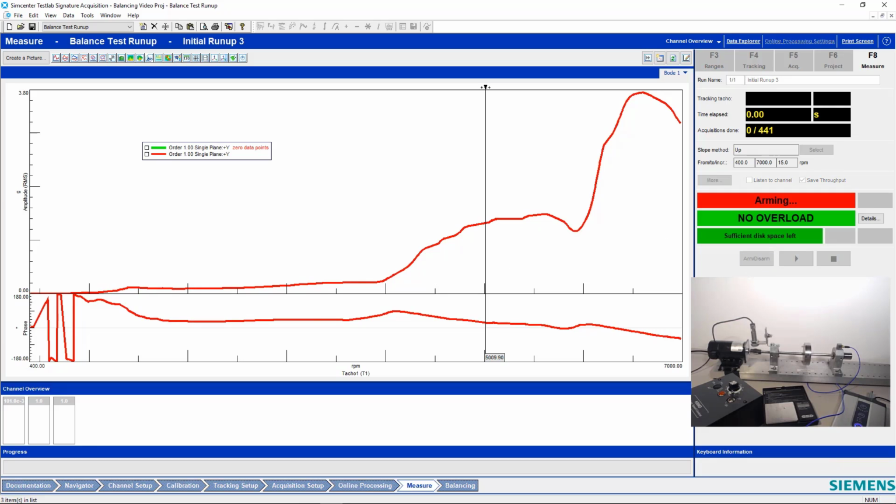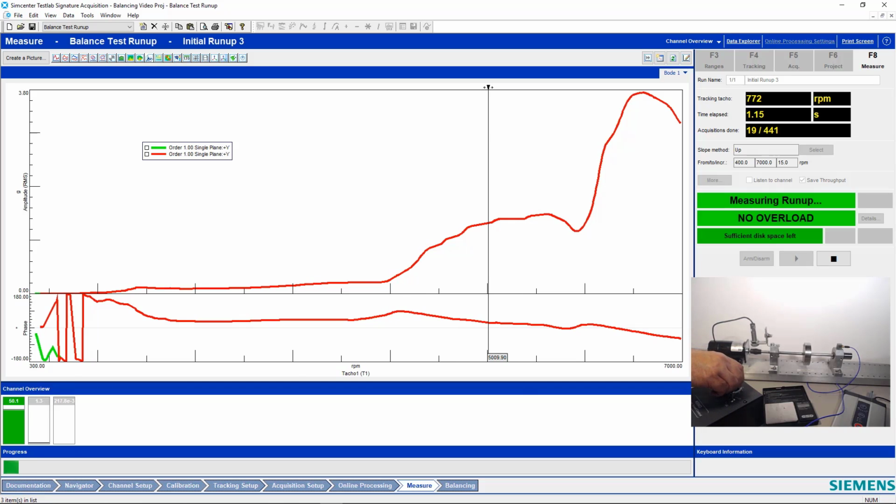We want to see if this new measurement comes in underneath this original measurement. So I'll arm it, and I'll start the system. And when you're ready, we'll go through that speed range again. I see some green. So that's our current measurement. Oh, it's looking like it's under so far.